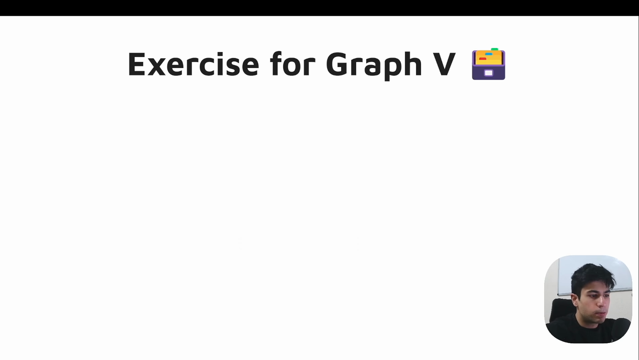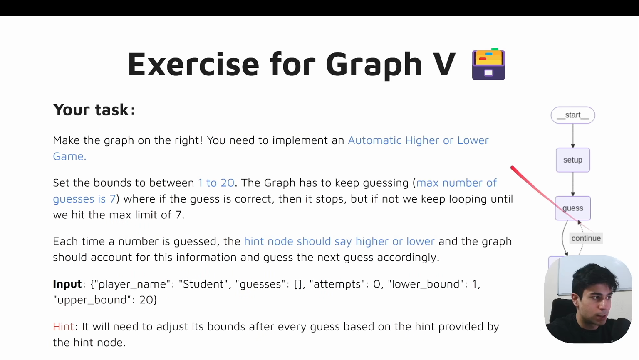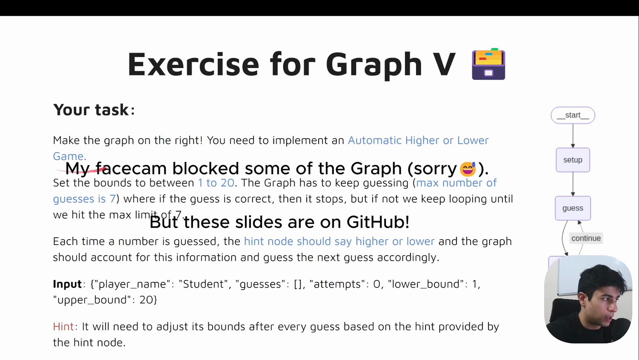Okay, good job on that. Now for the exercise for this last graph, you need to implement this graph on the right. So you need to implement an automatic higher or lower game. For context, you need to set the bounds, which we can guess, between 1 to 20, integers of course,